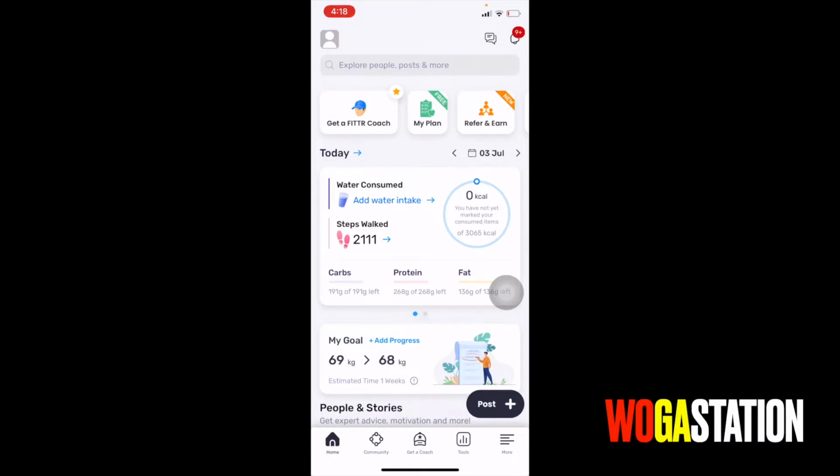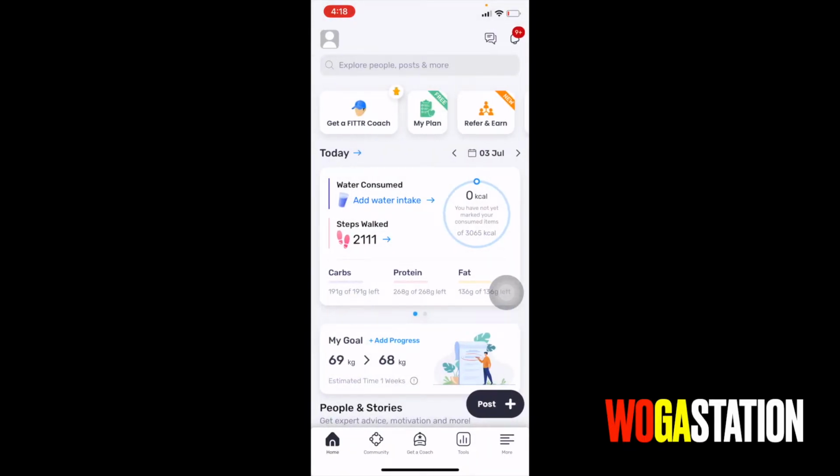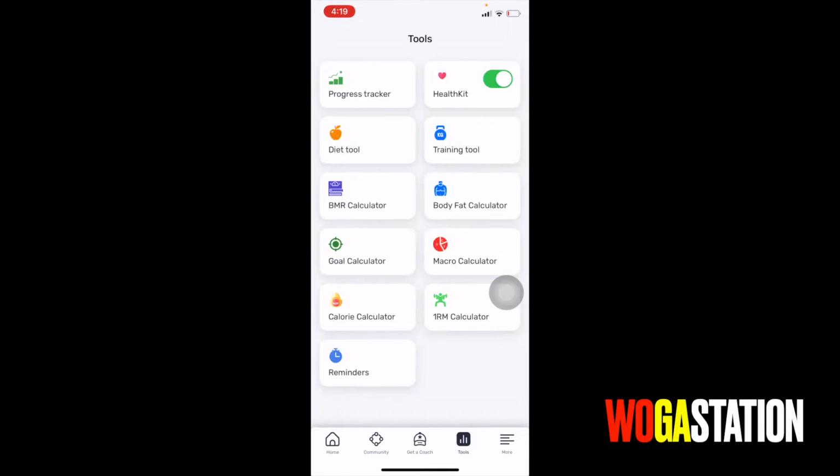So once you've downloaded this app, it may ask you to sign in with your credentials or sign in with your Google account or Facebook. Now once you're signed in, all you need to do is go into the tools section at the bottom. And once you're in the tools section, the first and the most important step for us is to get into